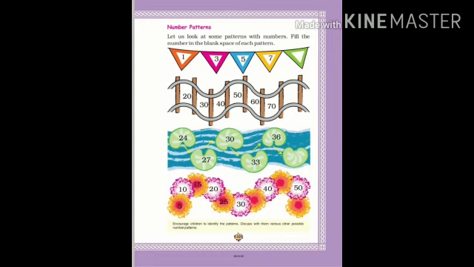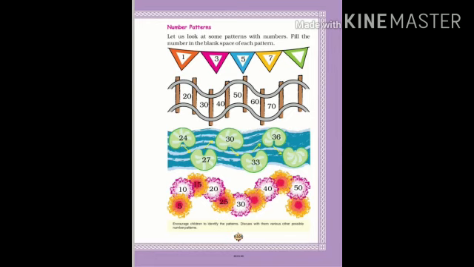Next, come to the next problem. The next figure begins with 20, 30, 40, 50, 60, 70. So which will be the next number? I think it is very easy. You are skipping here by 10, 10. So I will not tell the answer. You write it very quickly. Yes. Come to the third figure.